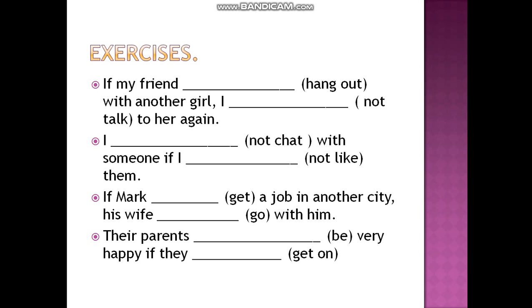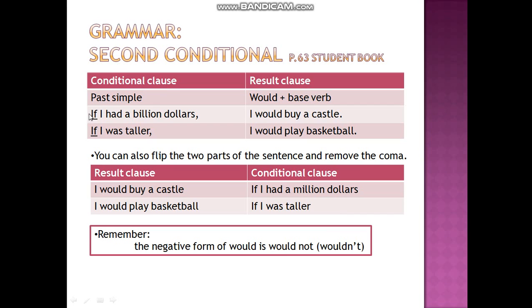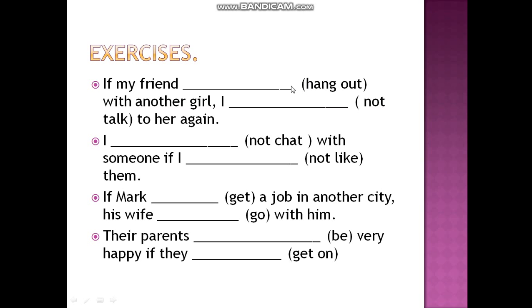If my friend hang out with another girl, I not talk to her again. So we have two parts of the sentence. We have the conditional clause first, if the sentence started with if, and the result clause. So how are we going to solve it? We're going to look for the if in the sentence and we're gonna follow it with past simple. So my friend is my subject. I need just the verb 2 of the verb hang out, which is hung out. If my friend hung out with another girl,